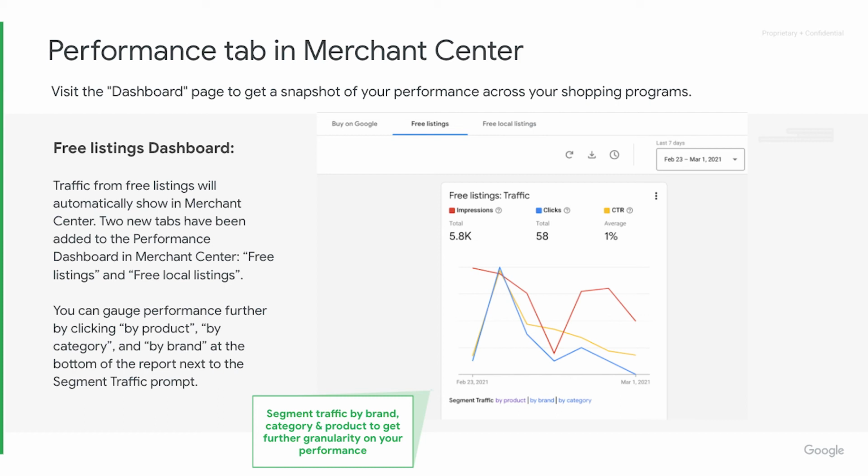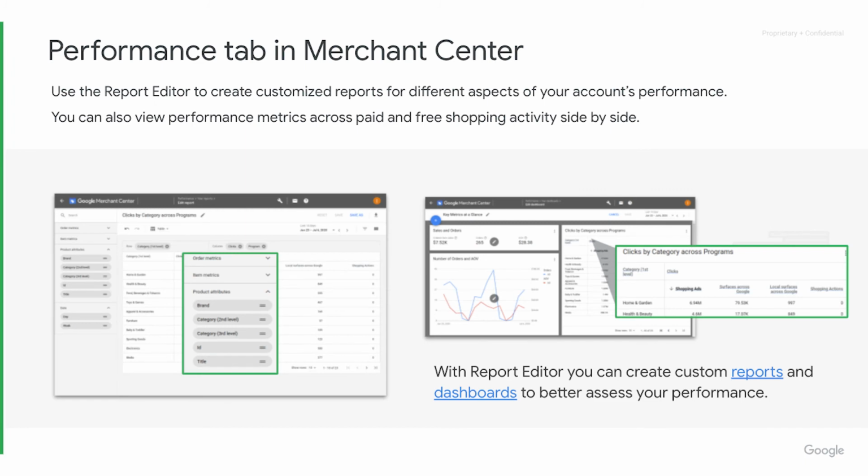So we've covered high-level performance stats through some of our predefined dashboards. However, we also offer you the option to create customized reports and dashboards. Let's say, for example, that you want to view your performance across all programs, free and paid. With the custom report editor, you can conveniently drag and drop all the performance metrics and dimensions that you need to answer your key questions. Then you can pick and choose from a variety of visualizations and find the best one that illustrates your data. You can then organize all of your reports into one or multiple dashboards, and that will give you an additional layer of aggregation across all your data.